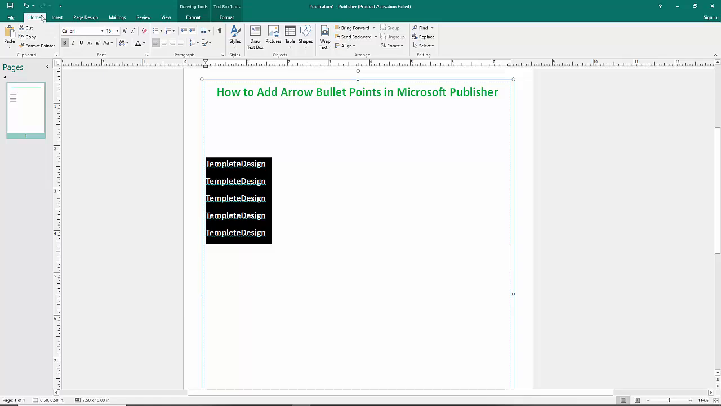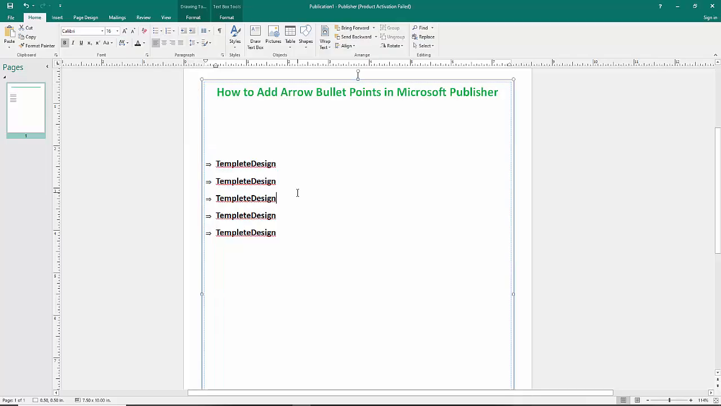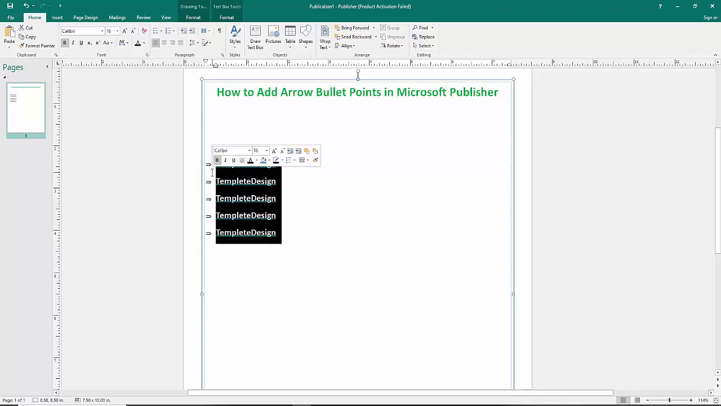Now go into the Home menu option. Then click the bullet option. Now select from the arrow bullets option. Now you can see. Then select from text. Now text form is